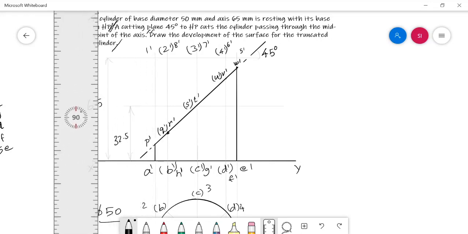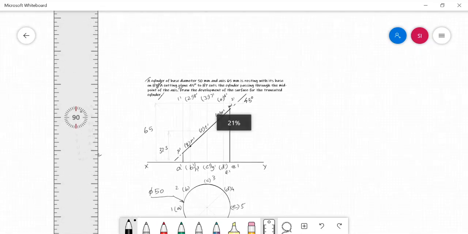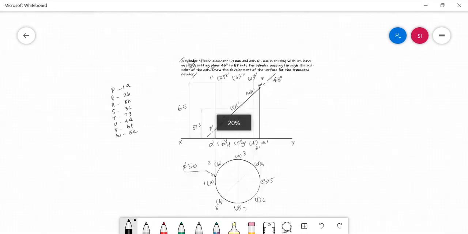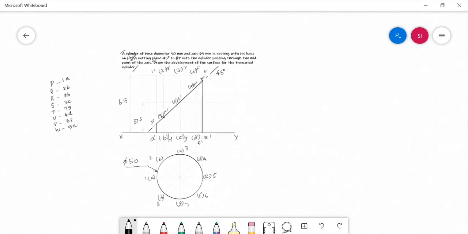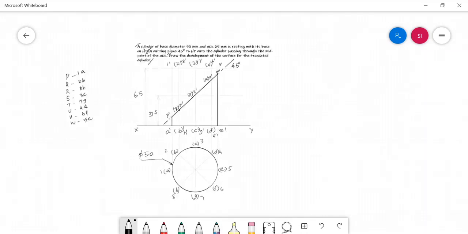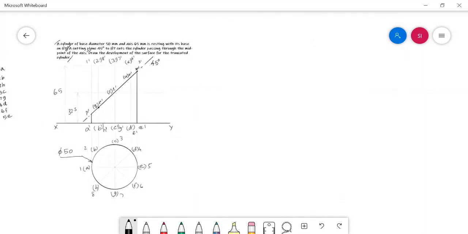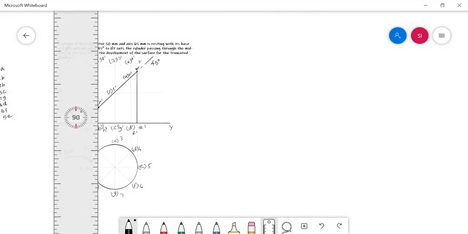And don't darken the interior generators, leave them as they are. So far we have completed the projection of the solid and a section of the solid. Now we need to draw the development of the retained lateral portion of this cylinder. It is a cylinder, so we need to follow the parallel line method to complete the work.